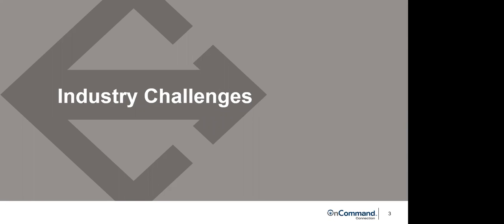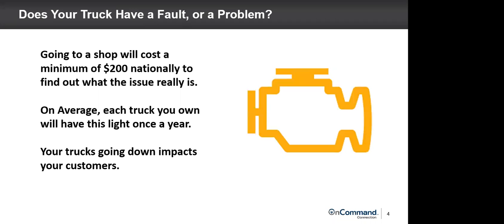So with that, we'll jump into the challenges, and we put this slide up here. Very early in any training I would do with the customers we onboard, we call out that as you look at your data and when you start seeing trucks, there's a real difference between having a fault and having a problem. So our research over the 7 years, tracking where these things go, looking at not quite 500,000